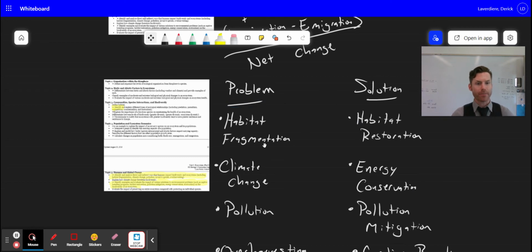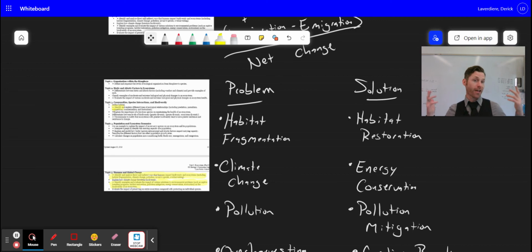So if our problem is habitat fragmentation, which is when humans do something to take one big, beautiful habitat and split it into little pieces. This could be something as straightforward as building a highway in between a habitat. If I had one big habitat, I'd build a highway between it, and now I've separated it into two smaller habitats. And so the resource distribution is now different than it was originally. So my populations are going to be really upset and thrown off, because they don't have access to the right resources anymore.